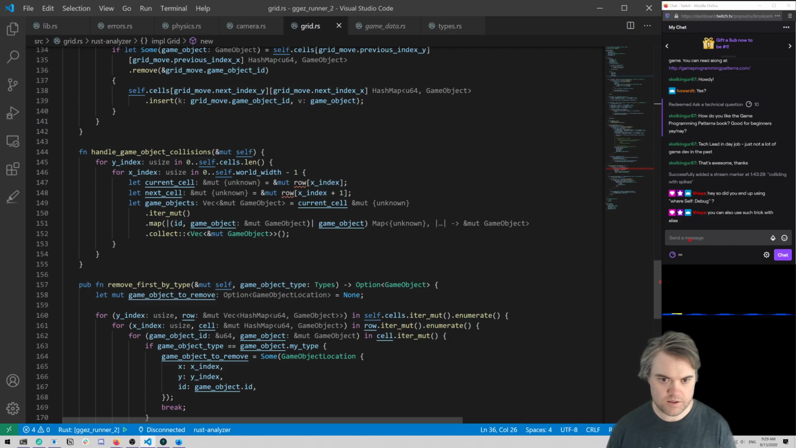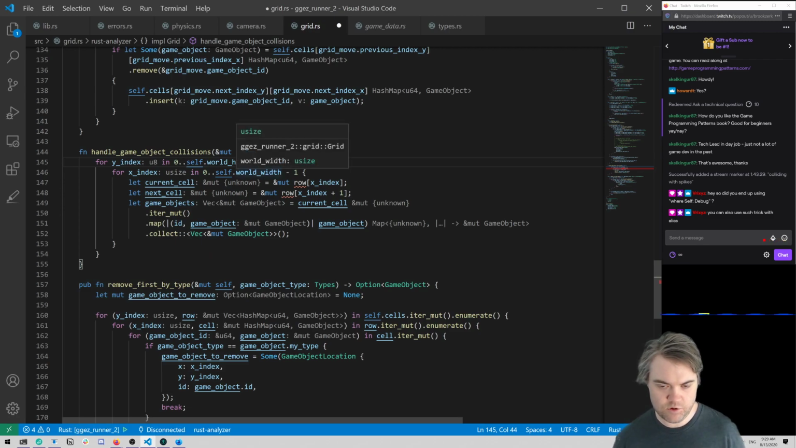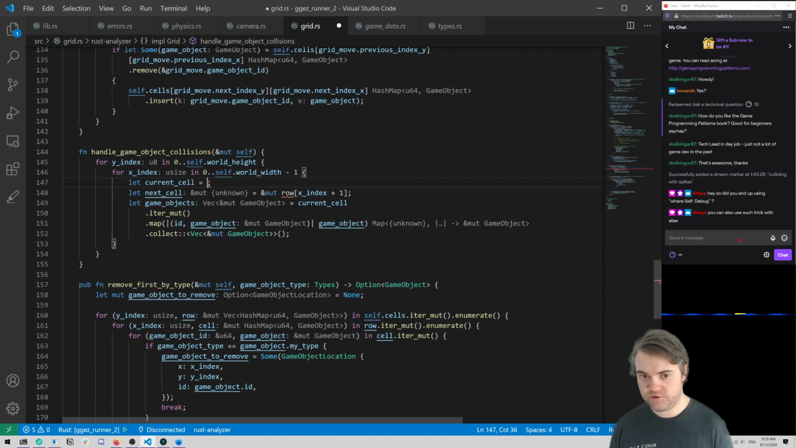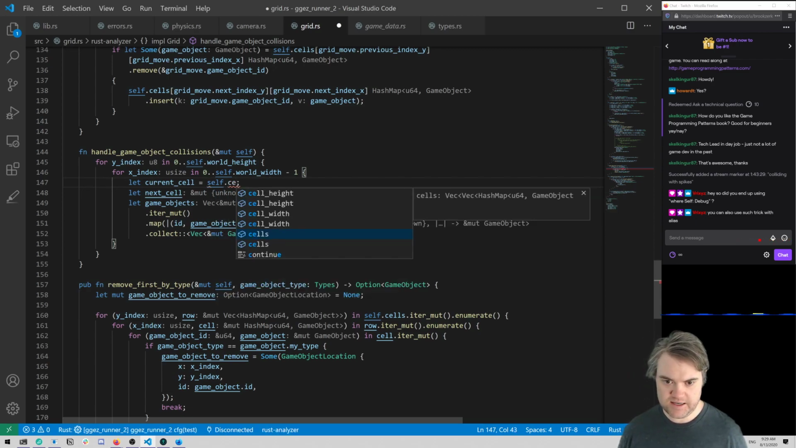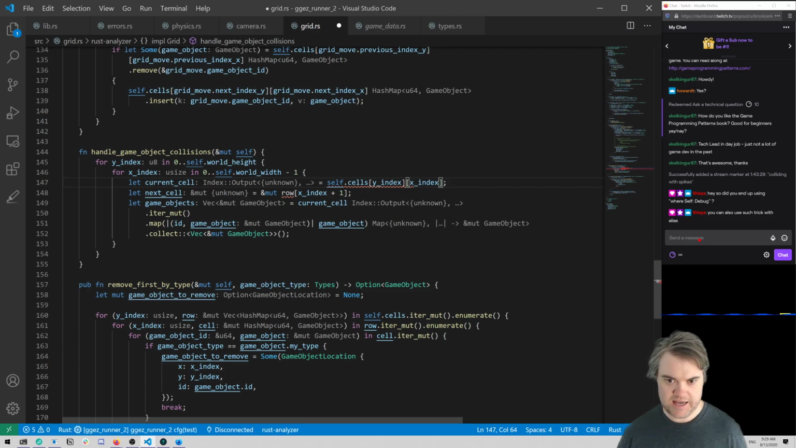Okay, so 0 through self.world_height, and then world_width - 1. Okay, then current cell, we want to reach in directly and say, okay, give us self.cells position, y index, x index, and that gives us